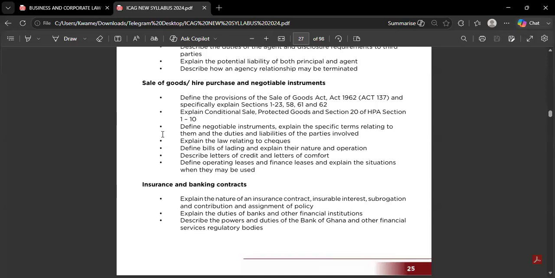Under insurance is where an individual, before that, we also have negotiable instruments, and we have hire purchase. Hire purchase is similar to sale of goods, just that at the initial stages of the agreement, there is no transfer of ownership. There's a difference between transfer of possession and transfer of ownership. You can have possession of the item.